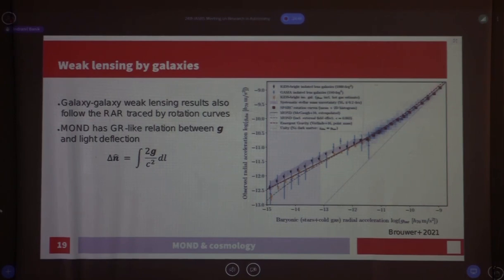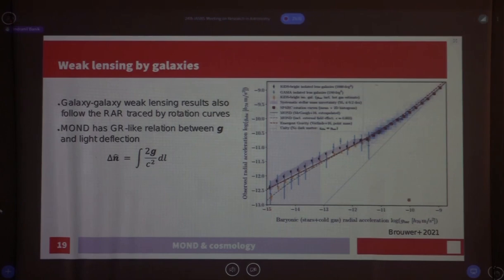The blue region is the disk galaxy radial acceleration relation. So what should happen in MOND is it should kind of follow this line. It might be a little bit lower, depending on if the external field effect is important. Yeah, that's what should happen. Now, the actual weak lensing results come somewhere in this range, depending on exactly which survey you adopt. So we've managed to sort of confirm the MOND prediction down to Gn of about 10 to the minus 15 meters per second squared, or 5 orders of magnitude below a0.